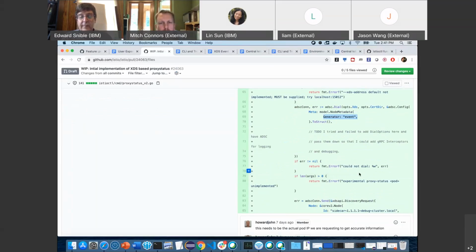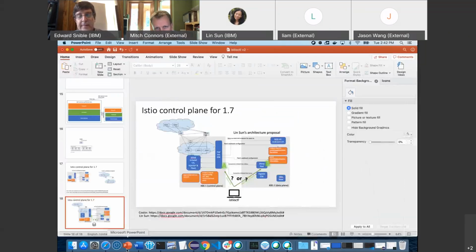So question on this, on the remote cluster, if I'm executing the Istio proxy status command on a pod, I guess the proxy status is like overall for the cluster or for a particular pod. Would Istio exec into one of the pods on the remote cluster, which would establish an XDS connection back to the Istio on the main cluster, and then be able to retrieve the sync status? Right. So